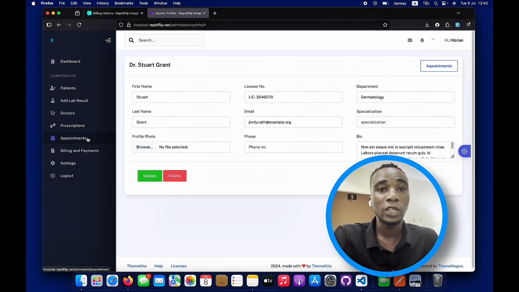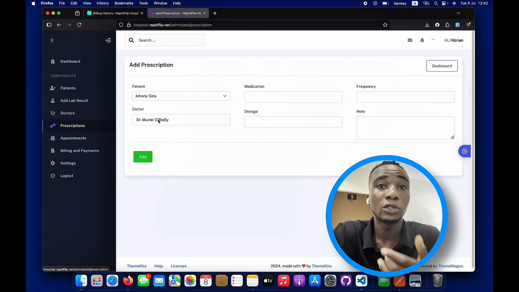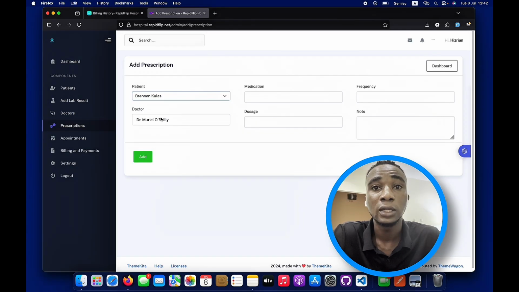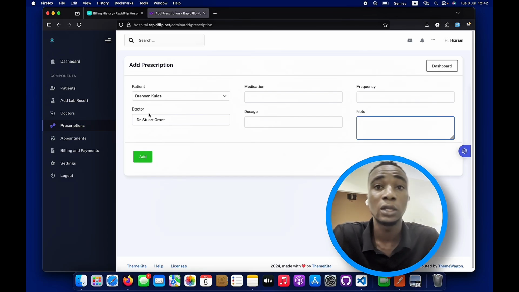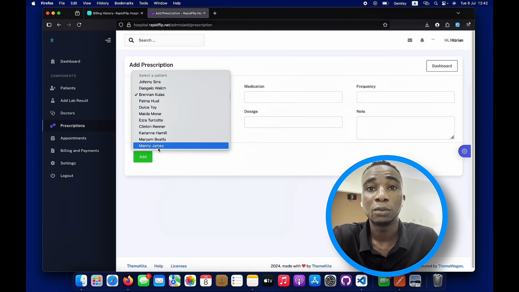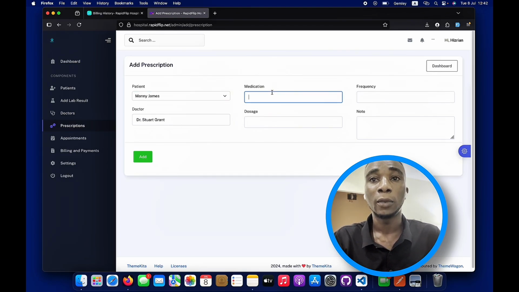So then we can also check appointments. But before appointments, let's check on prescriptions. You can add prescriptions: add the patient, the doctor who made the prescription, the name of the medication, the dosage, the frequency, and the notes. Maybe for Manny James, this particular doctor made a prescription for him to take